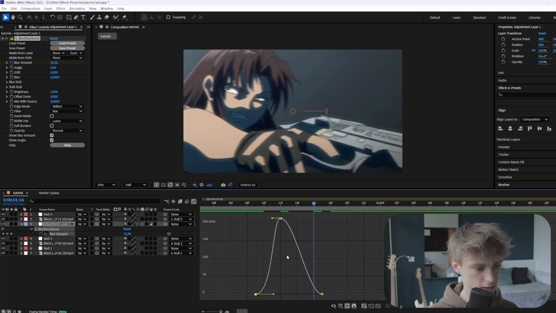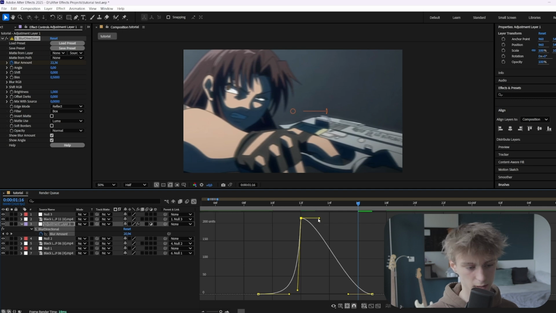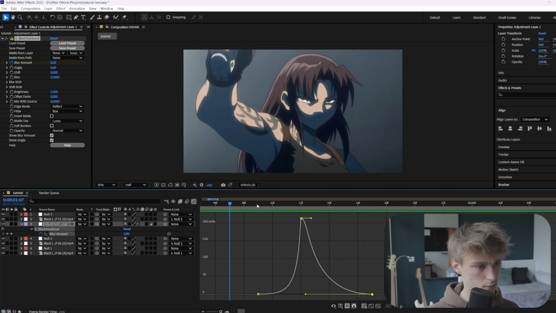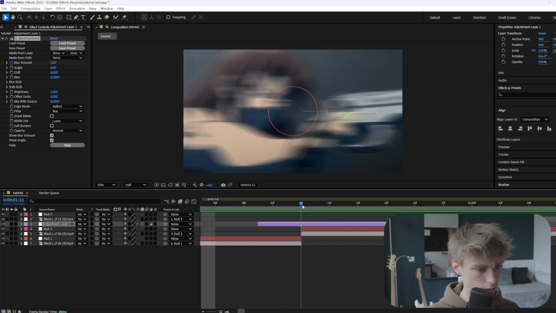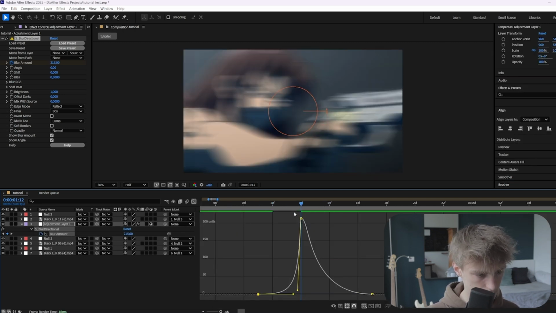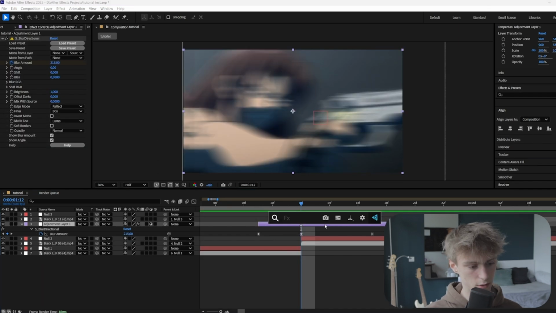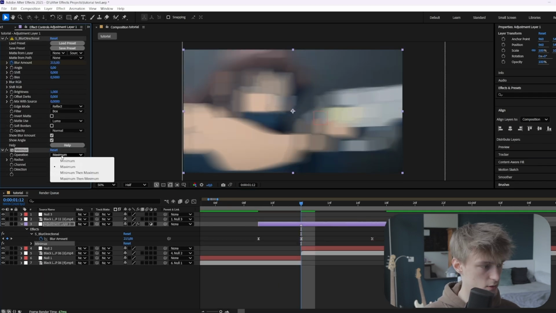And then here, you've seen this graph before in my tutorials probably. It's just a basic impact graph, so you want to make something like this. Alright, so now we got some blur going on. We want to make it even more impactful actually, so something like this. And then we want to add an effect called minimax, and we want to set it to